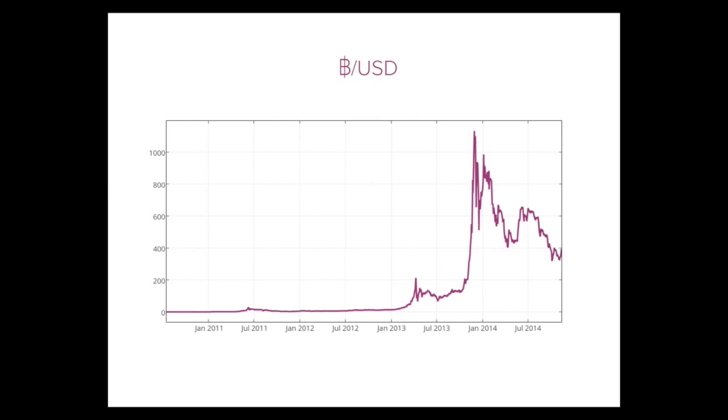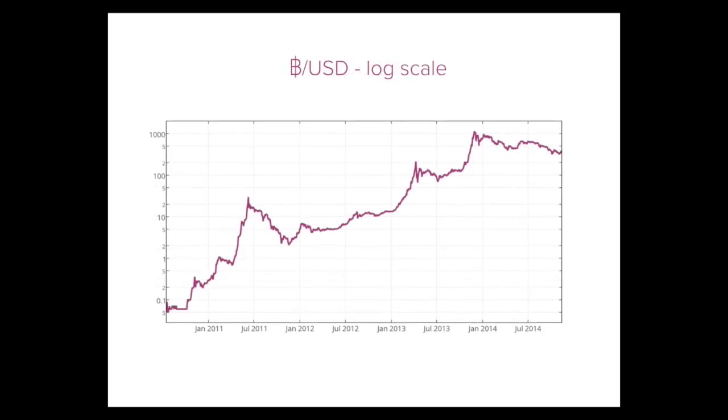The price history of Bitcoin is interesting. If you plot it in US dollars, it was very cheap for a long time and then it blew up. What's actually going on is if you plot it on a log scale, you could see it was growing constantly with some kind of compounding up until the last year where it's leveled off a bit. The people who are into Bitcoin talk about these spikes in July 2011 and the beginning of 2013 as pump and dump. They seem quite open about the fact this market is being manipulated.